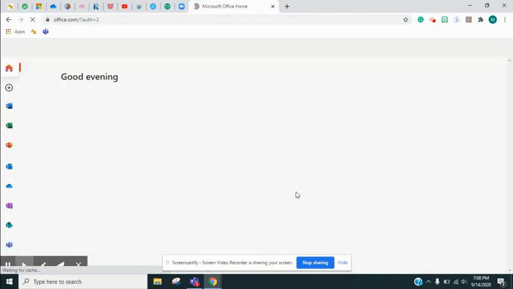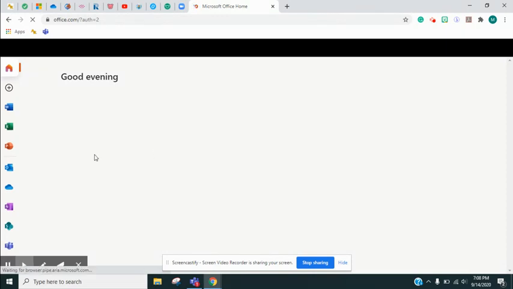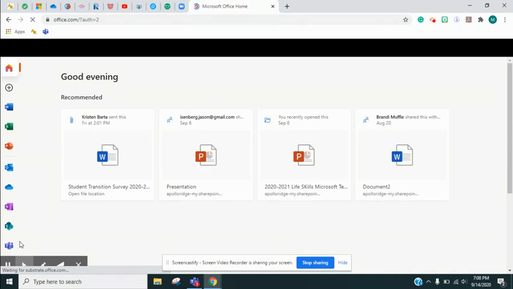Slowly, the Microsoft products will begin to load. We're going to look on the left side and we're looking for the Teams icon, which is a light purple, light blue with a white T. We will click on that,